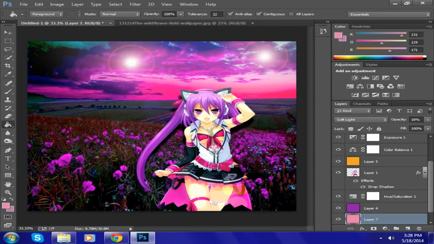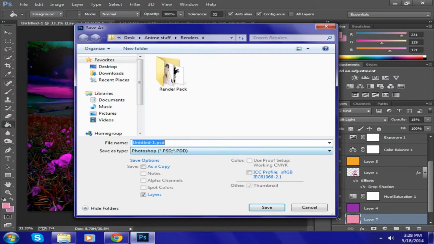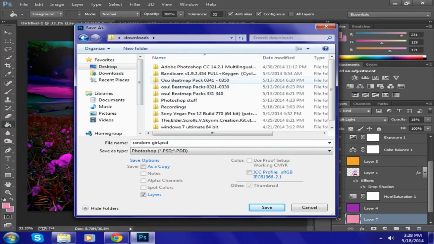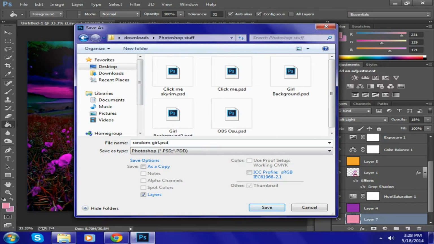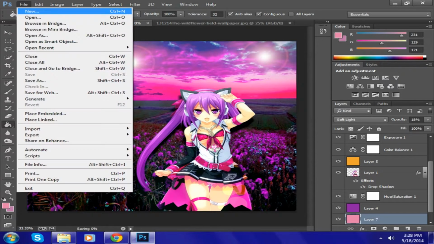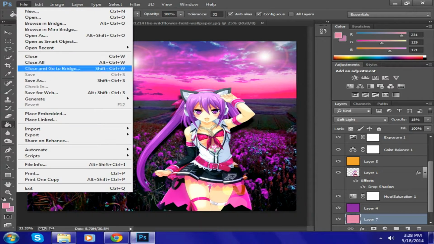Just get it to a point you like. That's all you can really do, is get to a point you like it. Then go to File, and first do Save As. Then edit the name, say, random girl, and save it where you want it. Download, Photoshop, save. Okay, File. After you save the PSD, so you have a backup of it, you want to save as